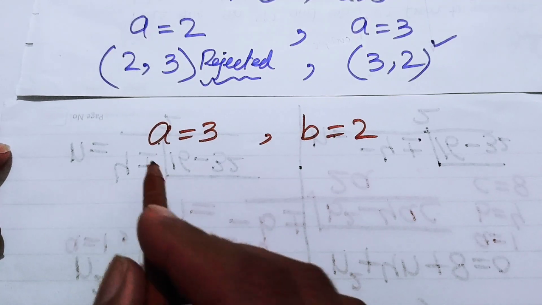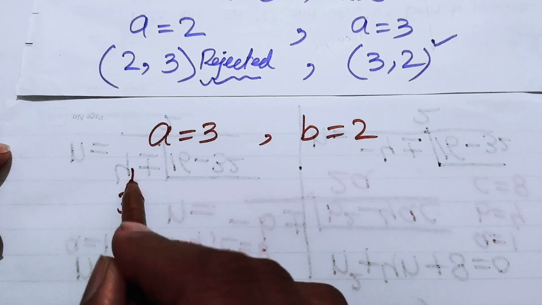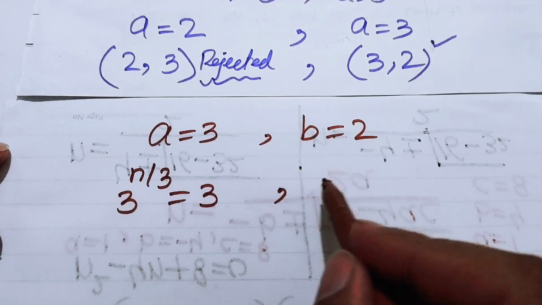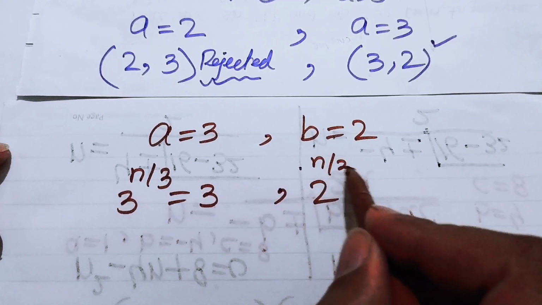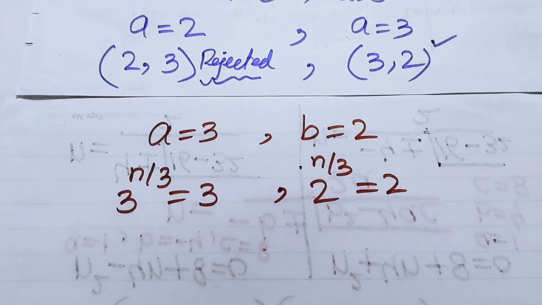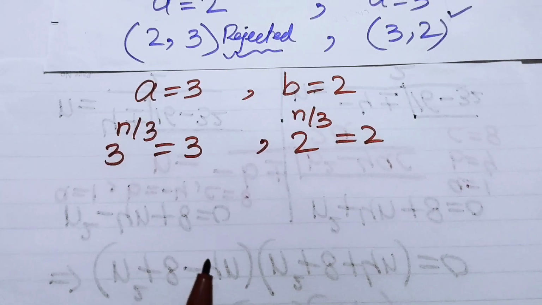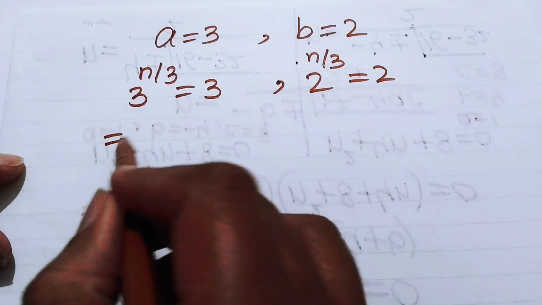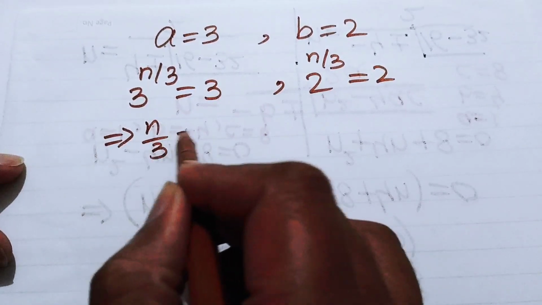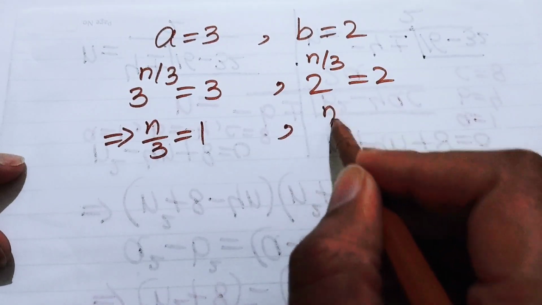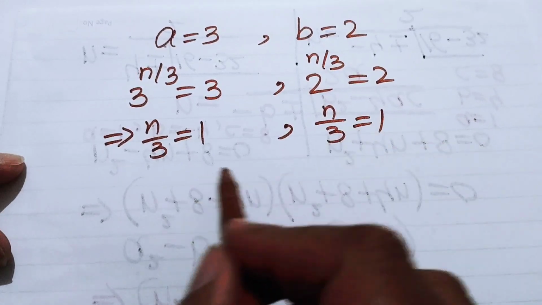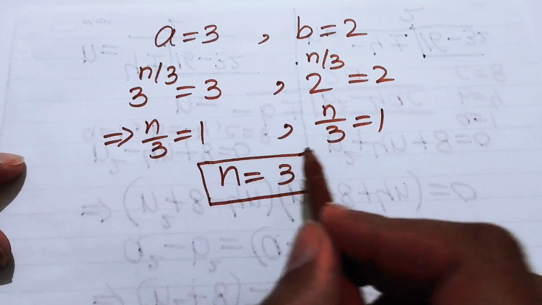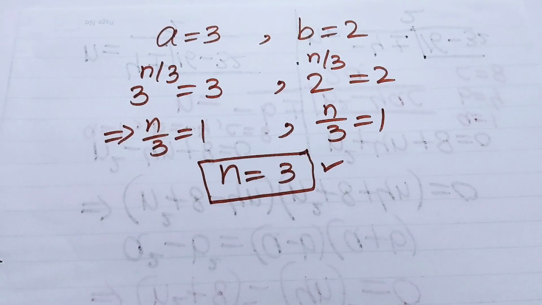So we know that a equals 3 to the power of n over 3 equals 3, and the value of b equals 2 to the power of n over 3 equals 2. So now we equate both of the sides, and we will get n over 3 equals 1. Similarly here you equate and you get n over 3 equals 1, and comparing both of the cases you will get the value of n equals 3. And this is our final answer,